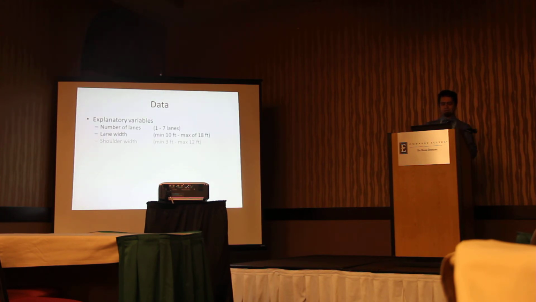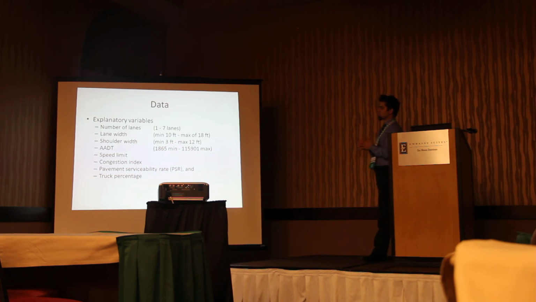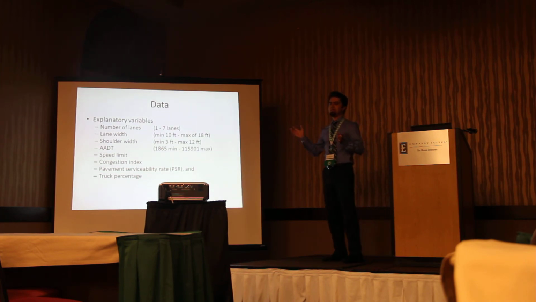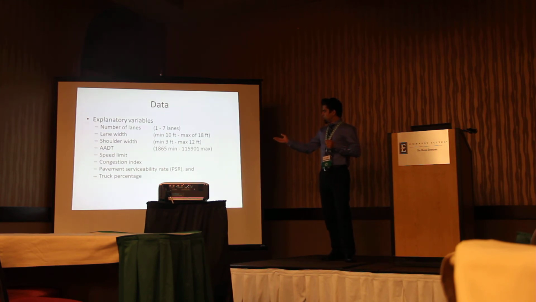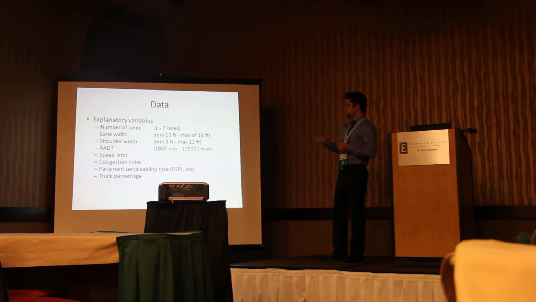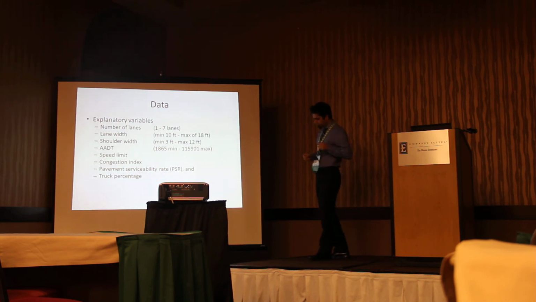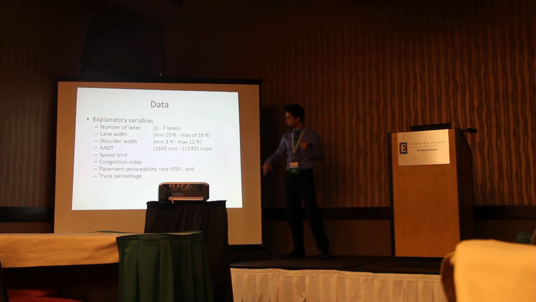All right, here's the data again. The explanatory variables that were used in the model were number of lanes from a minimum of 1 lane to 7 lanes, and then lane width, shoulder width. These are basically the contributing factors that we wanted to see how they affect the fatality. And then ADT, speed limit, congestion index, the PSR, which is pavement serviceability rate, and then the truck percentage. And I'll give you a little explanation about this PSR, which